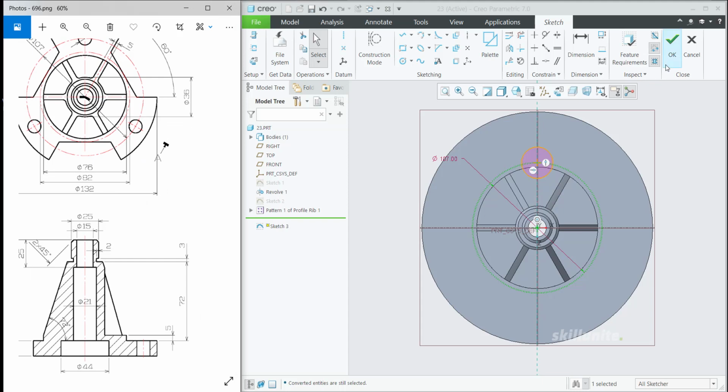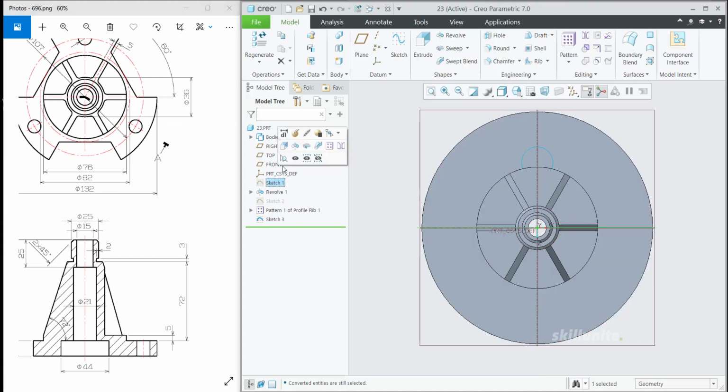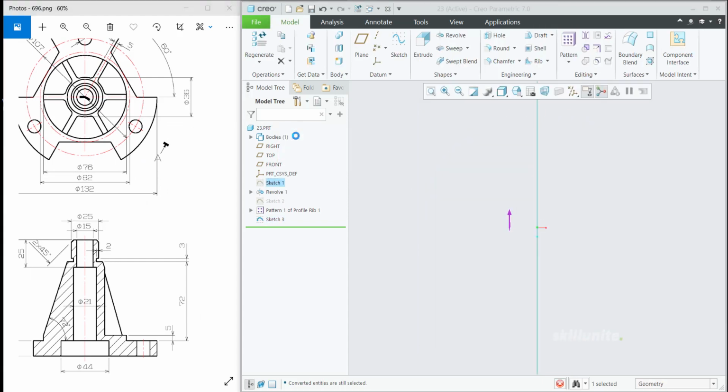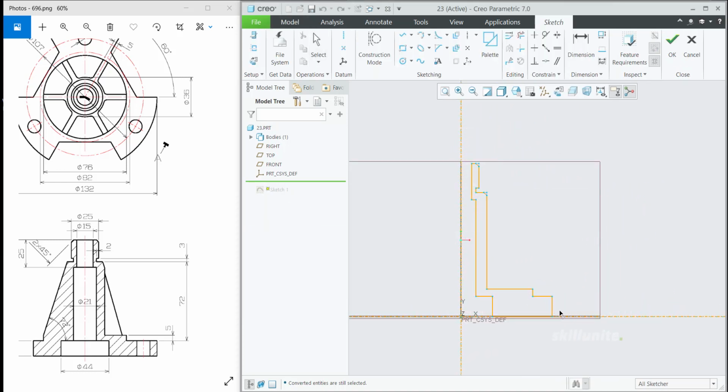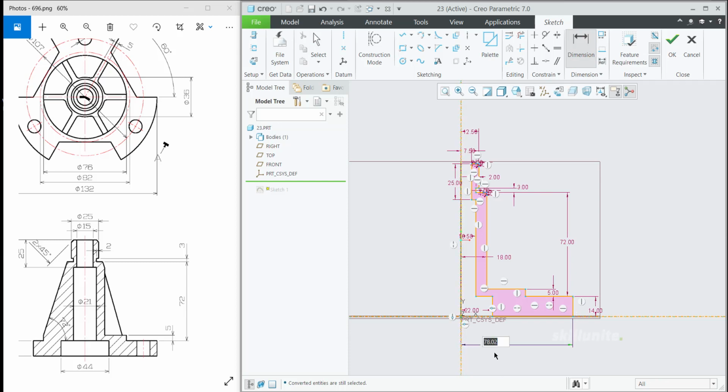I think once again one small editing we need to do. As we didn't mention the outer dimension of it, this is still moving. This also is moving. So this we need to fix up. So for fixing it, click on dimension and select this dimension over here. This is 132 by 2.